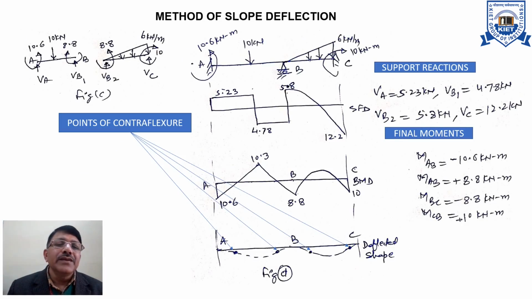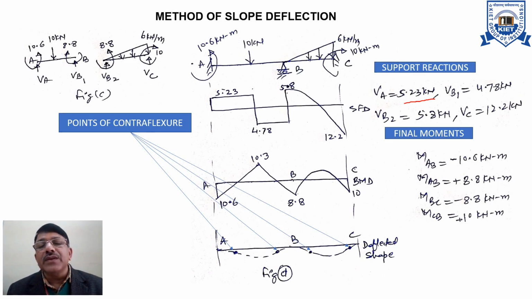So it was the moment mentioned in the problem. Support reactions which you have obtained are mentioned here. Alright, so the shear force diagram can be developed with the help of the reactions starting from A. 5.23 was the reaction at support A, upward in direction as per our sign convention, above the baseline. It will continue till the point of application of the 10 kilonewton load. Then it will go downward. That means from 5.23 subtract 10, you will reach 4.78 in the zone below the baseline. Continue till the end B or support B.